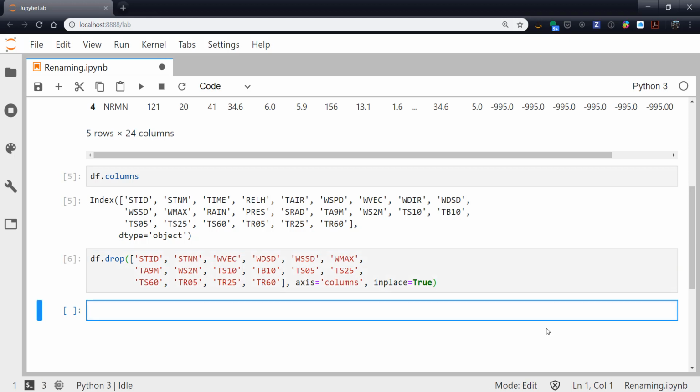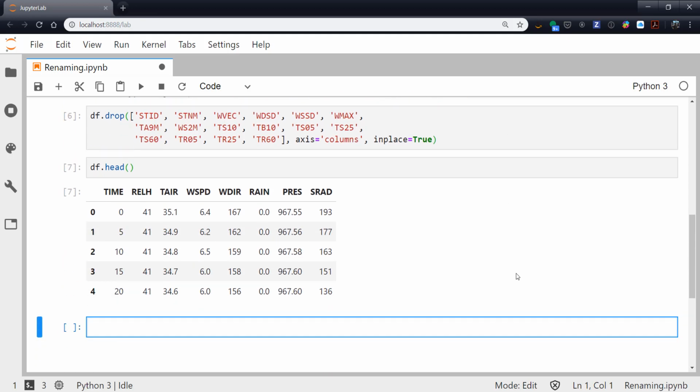So if we run that, and now we look at df.head, we only have a few columns. We've gotten rid of all that other data that I'm not interested in, so there's no need for me to manage it. All right, so if we look at df.columns again,